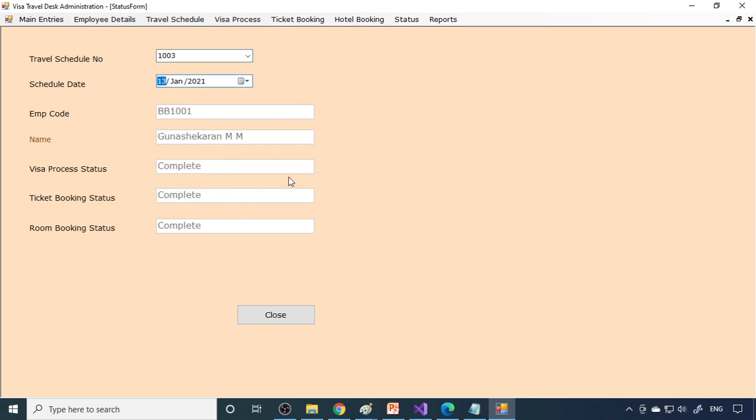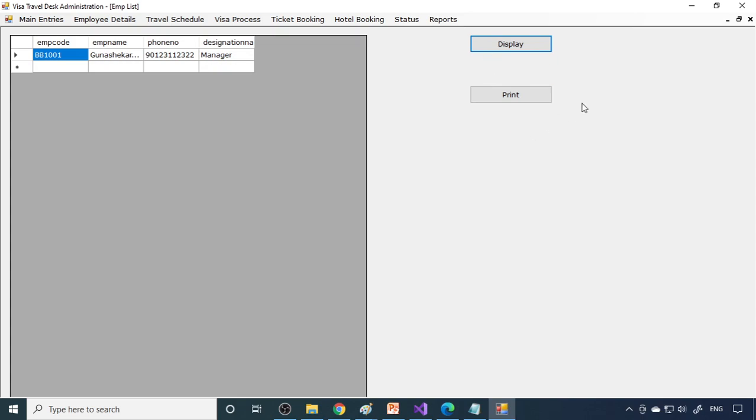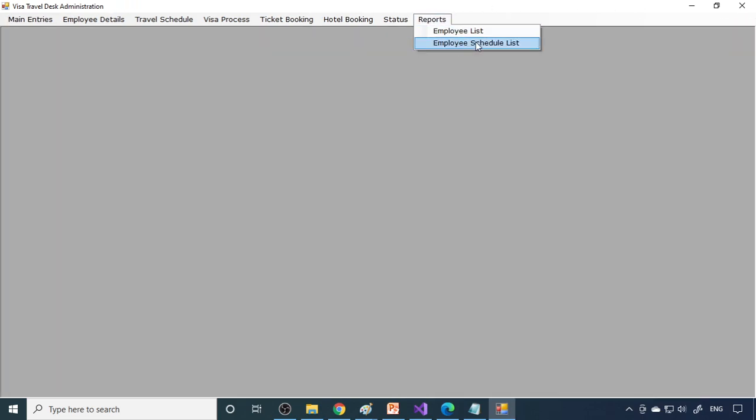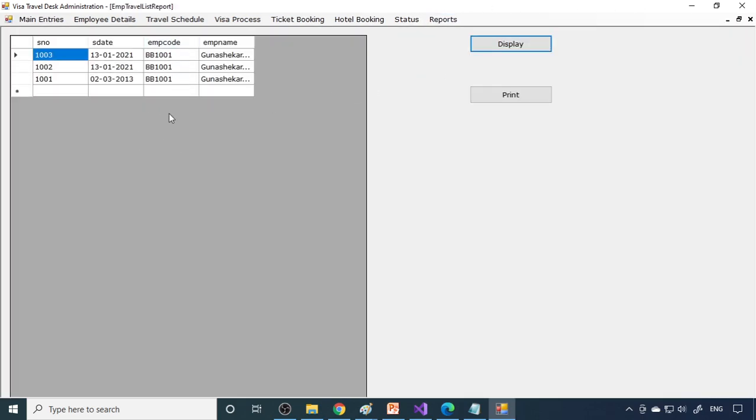So everything is ready, so you are able to travel. This will help the company properly manage all the employees. The other report is the schedule list, when they need to travel, all these details. This is another report. Therefore, this kind of project helps a company manage their employees' travel requirements.